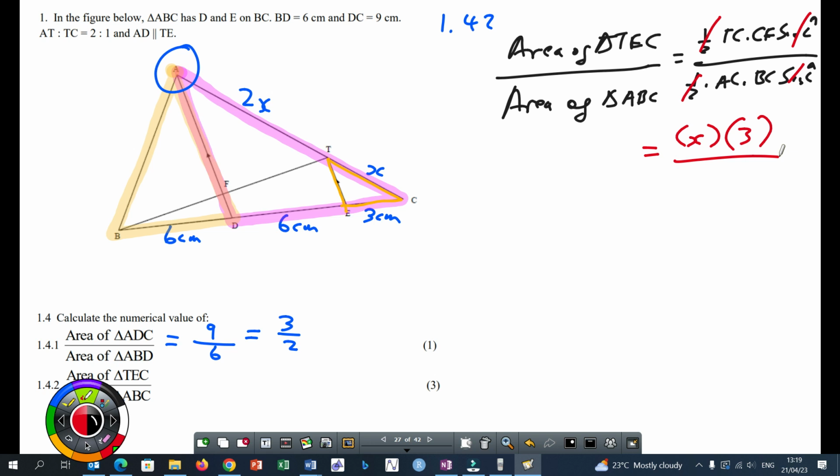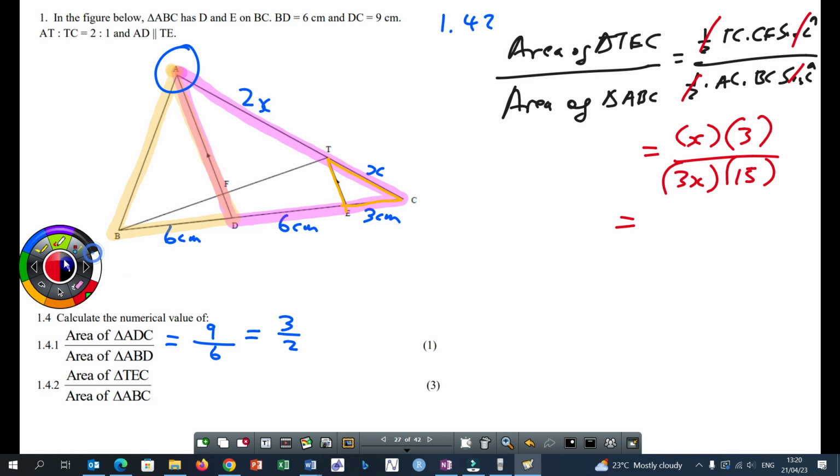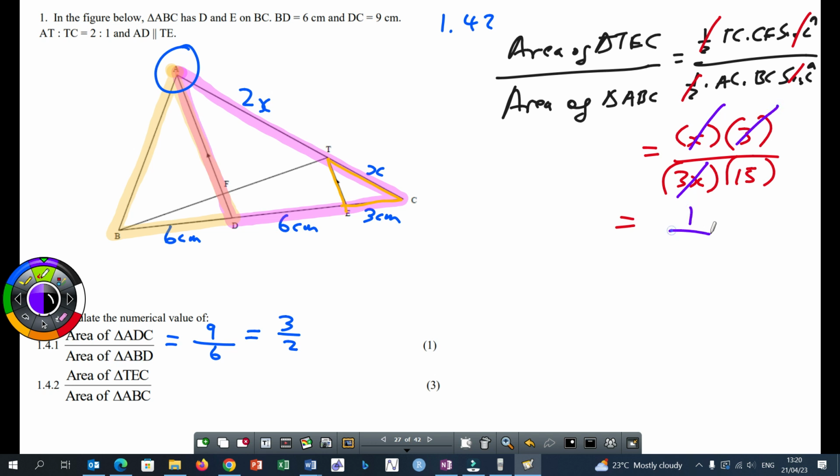And AC, sorry, not 15, AC is going to be equal to 3x, and then BC is going to be equal to 15. So the x and x cancel. So these two cancel. So my answer is going to be 1 over